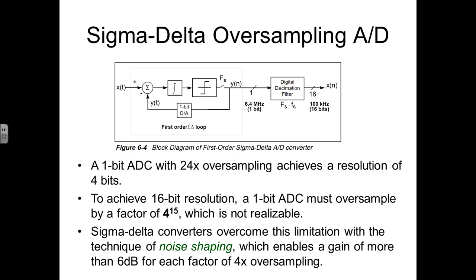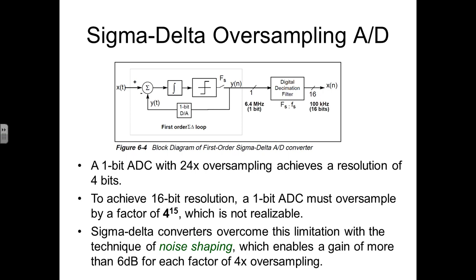If you wanted to use that approach to get a 16-bit resolution with a 1-bit converter, you'd have to oversample by a huge amount, which is really not realizable. But there are certain tricks you can play that let you use this approach to using oversampling in place of resolution to gain effective resolution. And that's how these particular